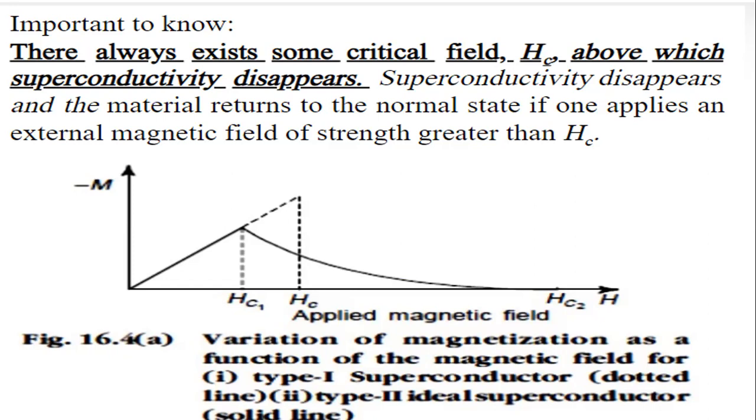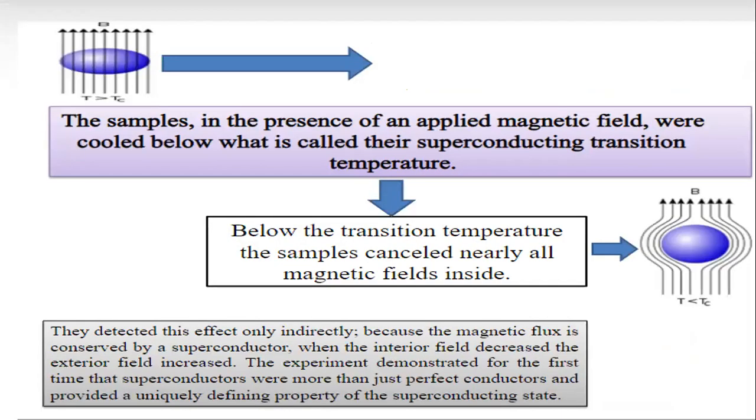This was the character exhibited by the superconducting material at a sufficiently low temperature. You will find these are the values of the magnetic field. These values of the magnetic field, you can imagine, will be dotted lines, and the dark solid lines have been shown to differentiate the type 1 and type 2 superconductors.